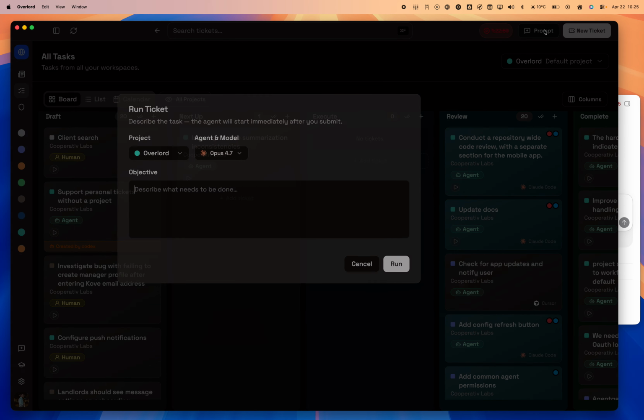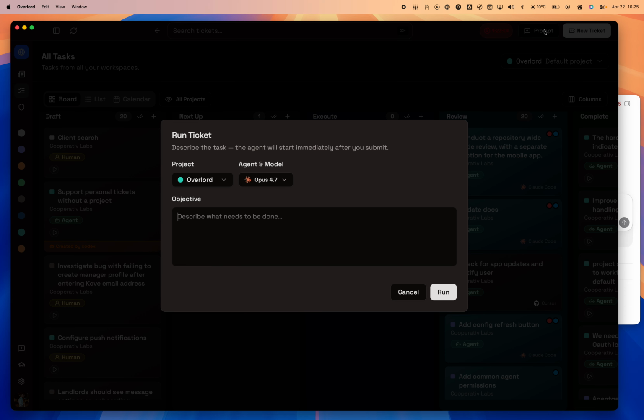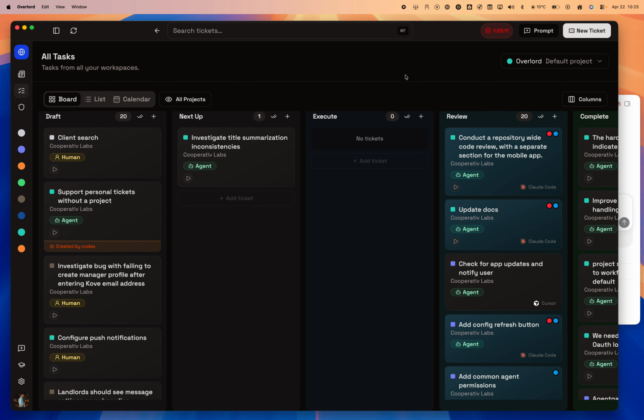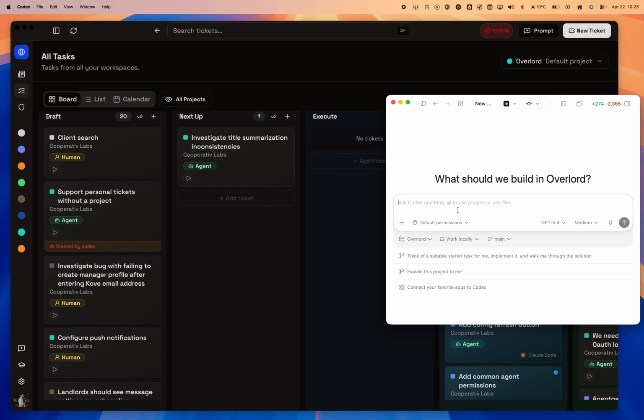We also have this prompt function here, which is essentially the same thing, except instead of just creating the ticket, it creates the ticket and begins executing it with the agent. So that's pretty self-explanatory. Now, the more interesting way to create tickets is in the agent, and we have this